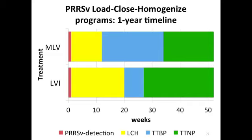This plot here is a way to summarize the findings. You have here LVI herds over time and MLV herds over time. When they got infected, soon after PRRS detection, all the herds in this database established load-close-homogenize or load-close-expose in the herd. And MLV herds recovered production levels before herds that used LVI, but